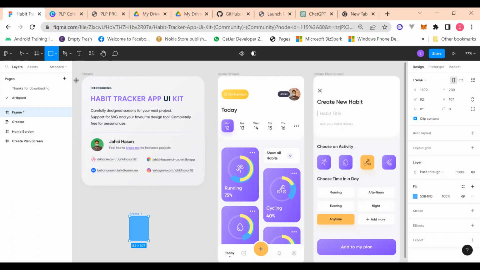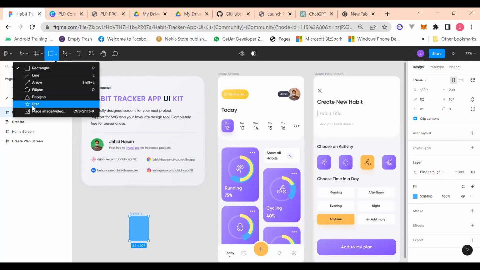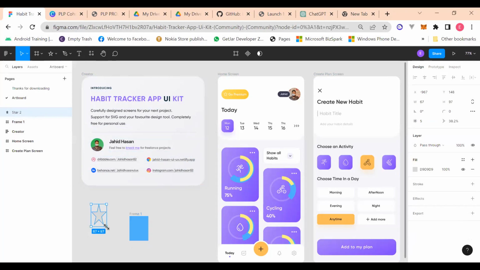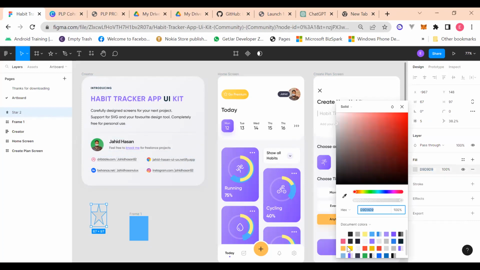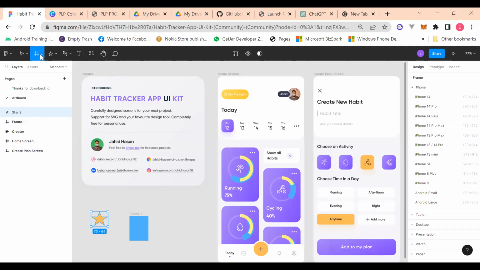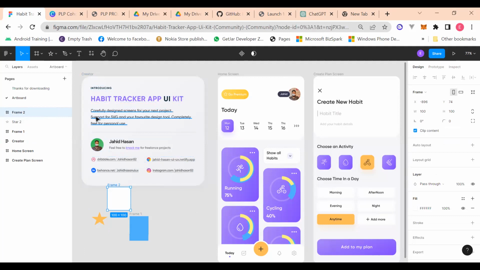Obviously, you might have to learn it for a bit. Just search it up on YouTube, just a 5-minute video on YouTube, and you can be able to get familiar with Figma to design screens for your app. So come here, you can select, say, a star shaped something, and then you can color it here. You can give it the color, maybe orange. You can create other shapes, any shapes that you want. All of this has been built with Figma, so you can just have a look at it yourself and